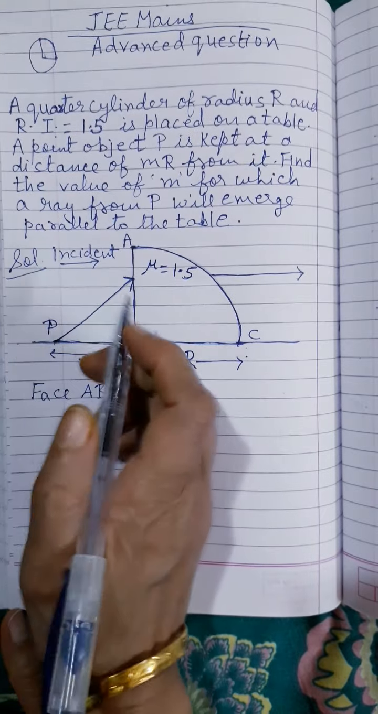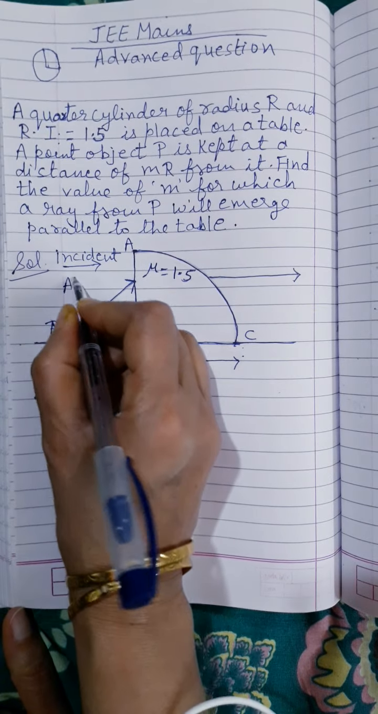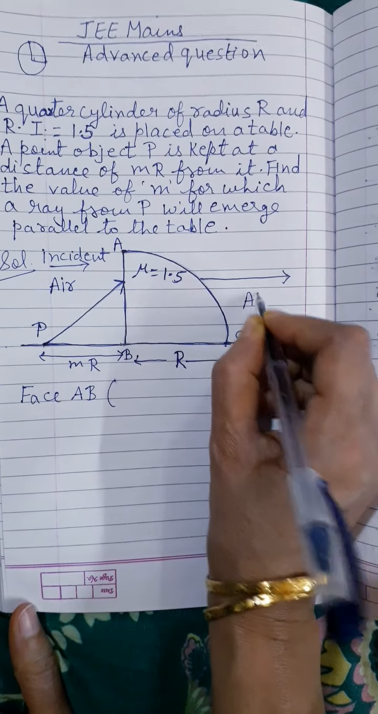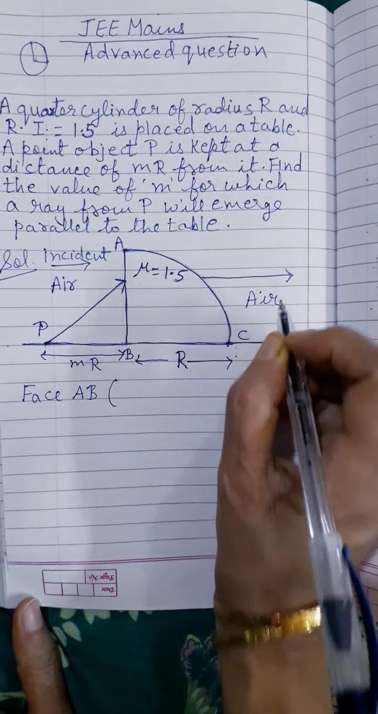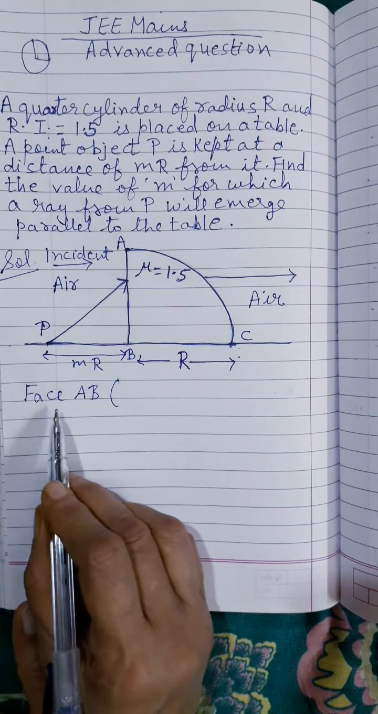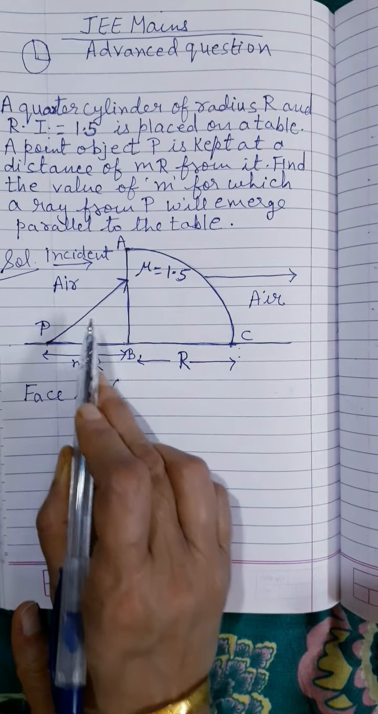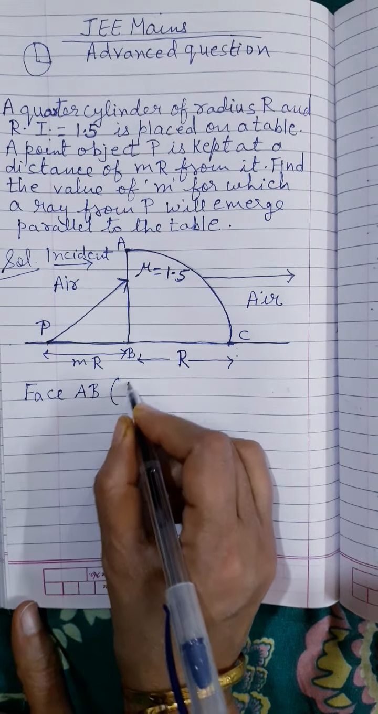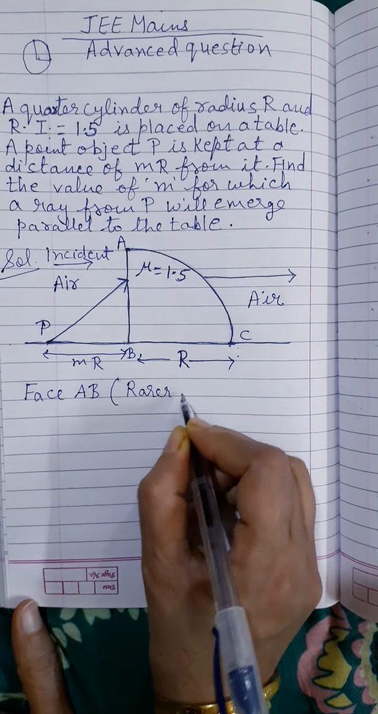This side it is air, and of course on the right side also. If nothing is given in the question, it means it is air medium. So that means the ray is going from rarer to denser medium. So for face AB, the refraction is taking place from rarer to denser medium,